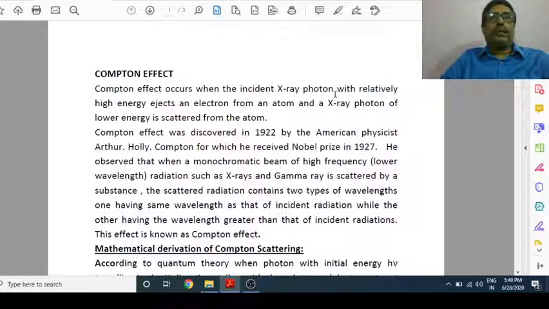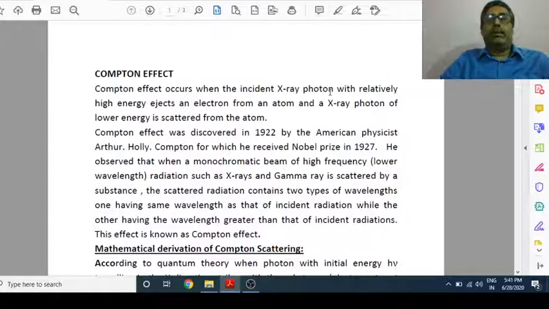Compton observed that when X-ray or gamma ray is incident upon a substance, actually X-ray or gamma ray radiation, as we know, consists of photons. So when gamma ray or X-ray is incident upon the substance, it emits electrons,